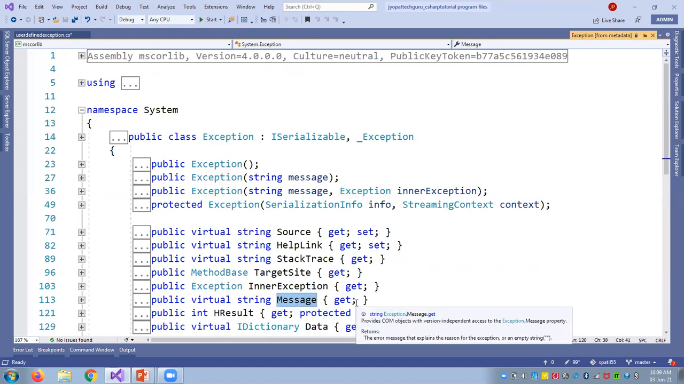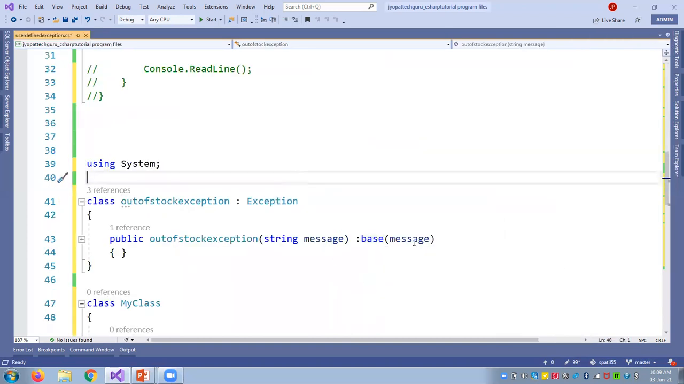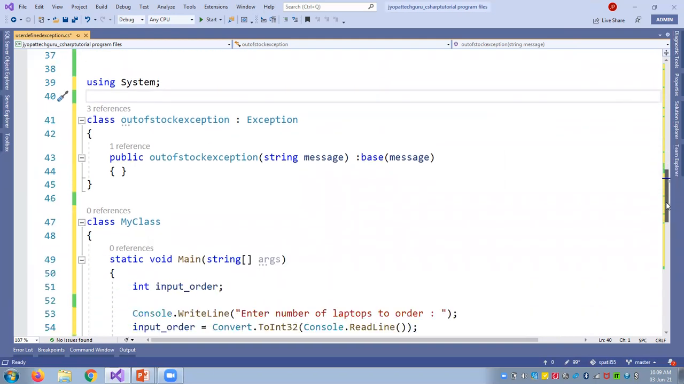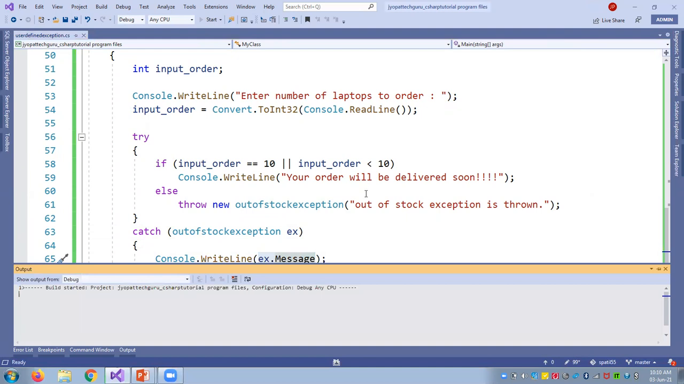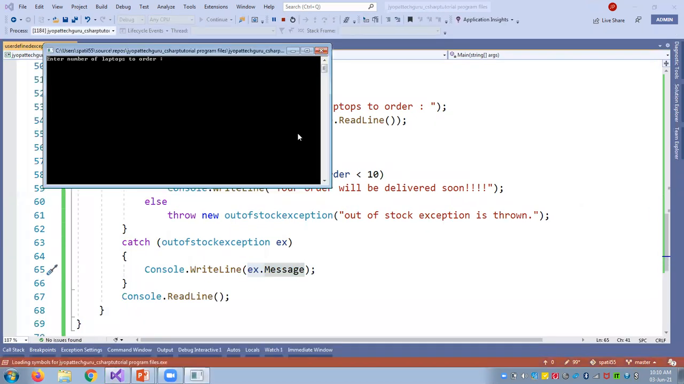This Message property is a get property. I want to use this Message property in my program. For that purpose, I have used base(message). Whatever message I type here is concerned with the message in the Exception class. Once I show this out of stock exception, ex.Message is concerned with the exception's message. Once we execute it, suppose I give less than 10 or equal to 10,